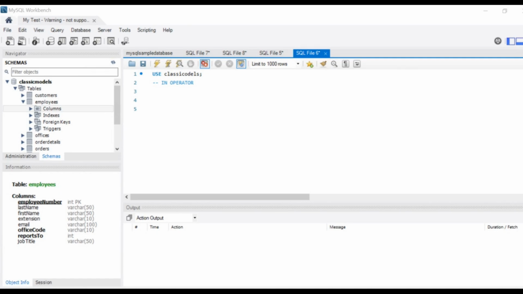Now we will go ahead and learn about the IN operator. The IN operator will give us the result if the operand is equal to one of the expressions in the given list of expressions. So now I will just show you how we're gonna do it. So let's do it this way. Select star from the employees table,